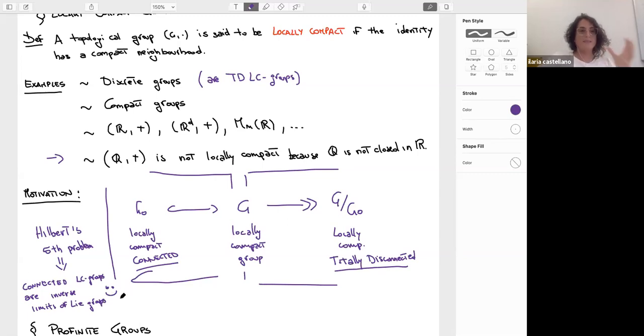This means that Lie techniques can be used to study connected locally compact groups. So our understanding of this part is quite deep. And the part that is still open is the